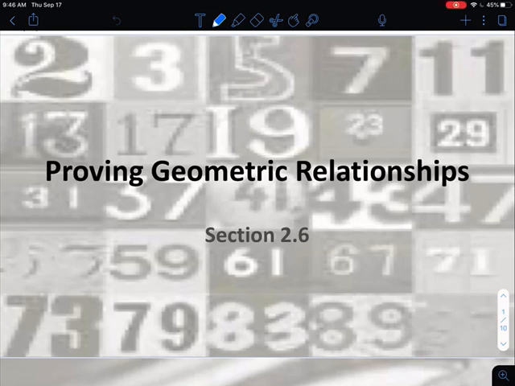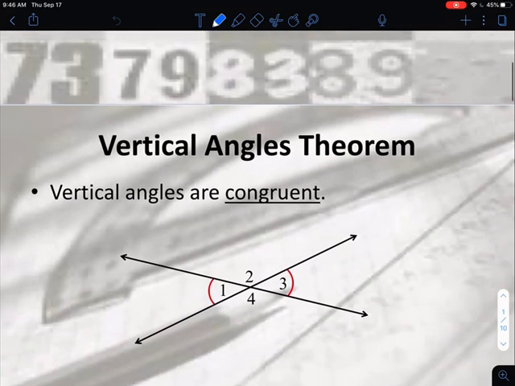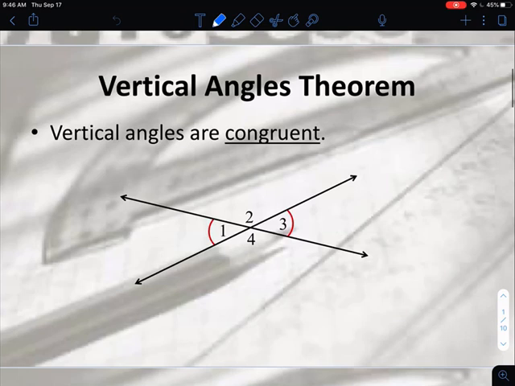All right, today we're going to talk about reinforcing some ideas from chapter 1 that we're going to need in continuing our discussion on proofs. So we're going to continue with some more geometric proofs, working with angles and segments, kind of like we did in the last section. And so one of the first things we want to reintroduce and reinforce is